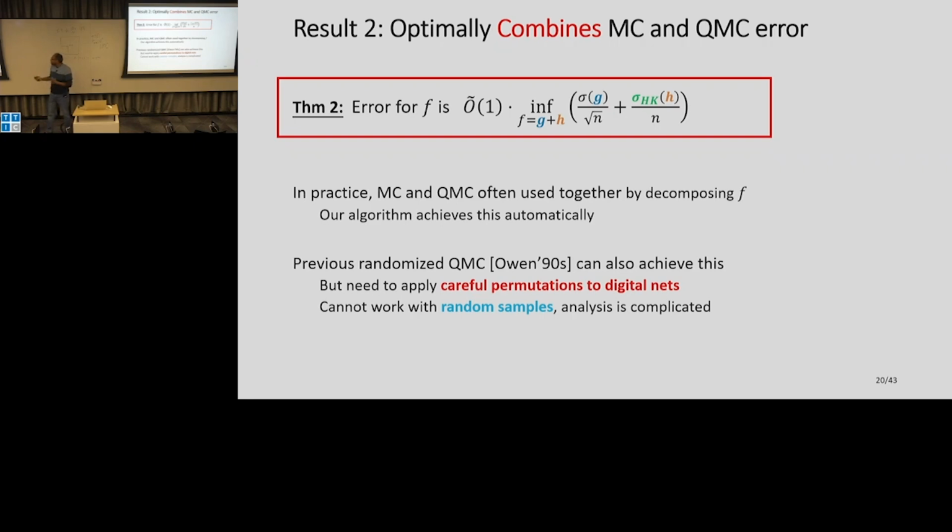Good. Let me elaborate on that point, because in practice, and again it's a whole art how people use these things in practice, in the finance industry they use a lot of these QMC methods. If you look at their papers, they often say you should try to never use QMC by itself or MC by itself. You should try to combine them, maybe decompose your function in some way and apply them separately and so on. So what we are saying is you don't need any intelligence in decomposing it, our thing will just do it automatically.